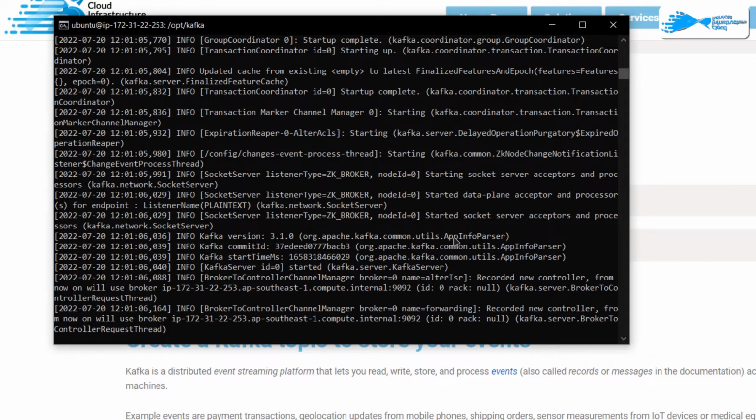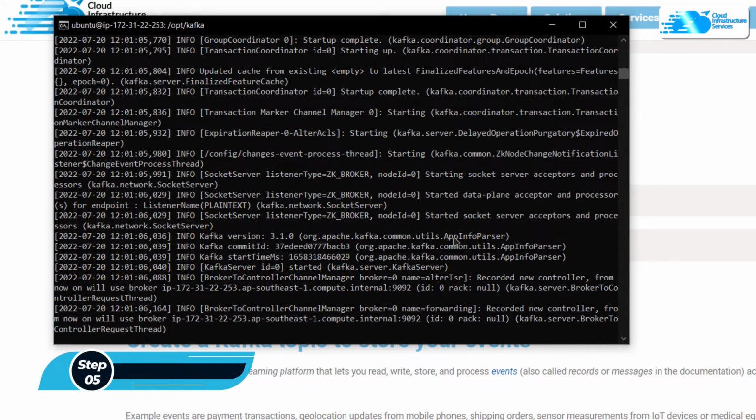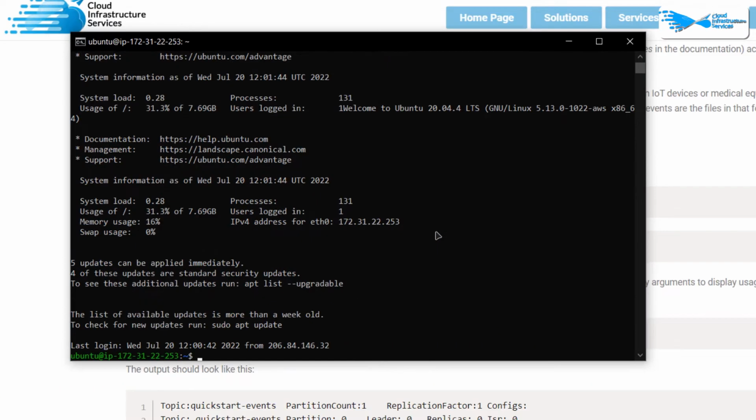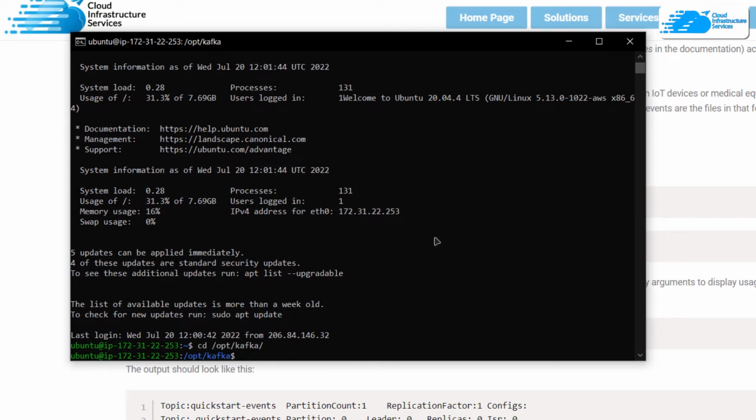Now we can move on to creating topics and writing events to those topics. For that, we will need yet another terminal. So let me just quickly open up a third terminal. And now for this third terminal, we are going to head inside the Kafka directory, which is cd into /opt/Kafka. And within this directory, what we are going to do is execute the topics